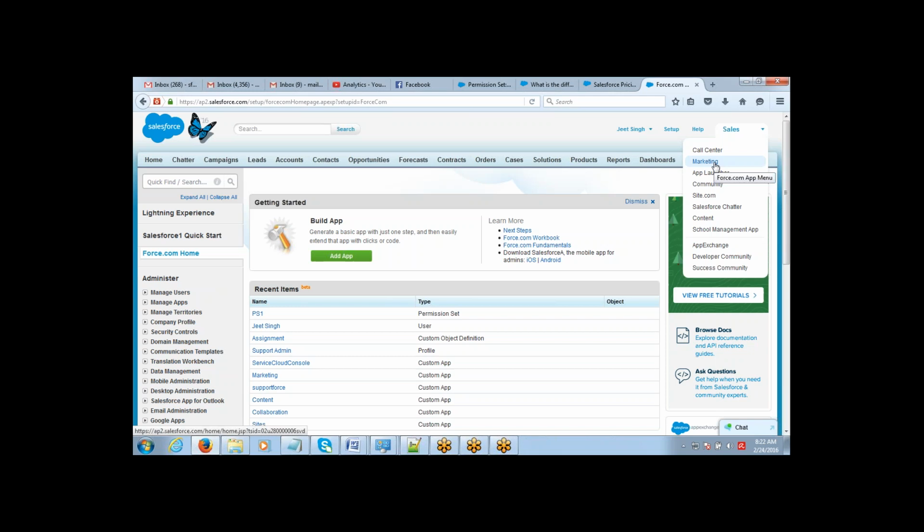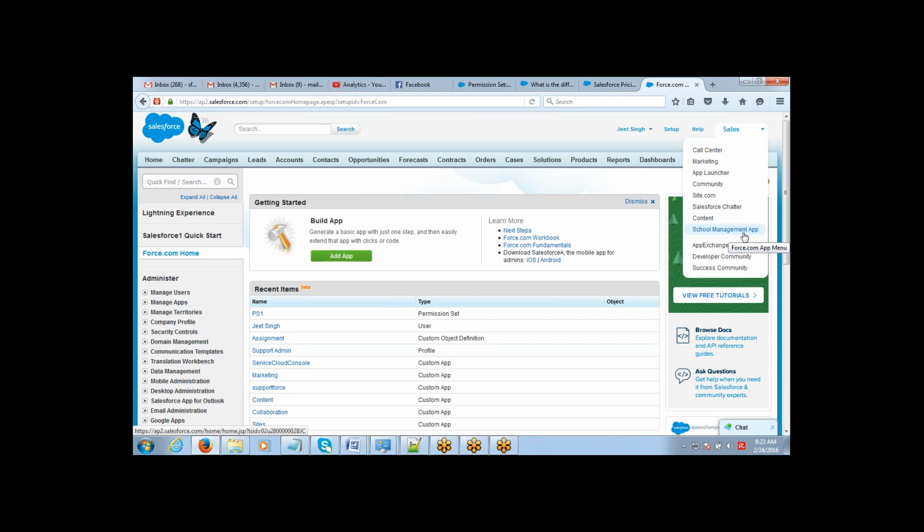By default, Salesforce gives you a few apps like the sales, call center, marketing. These are all the apps which have been given by Salesforce. So you have the option of picking up any of those apps, or you can basically develop your own apps as well. Like if you see here in my account, there's a school management app. There's something which I have developed. So how to develop and all that stuff is something which we will discuss in the course of the